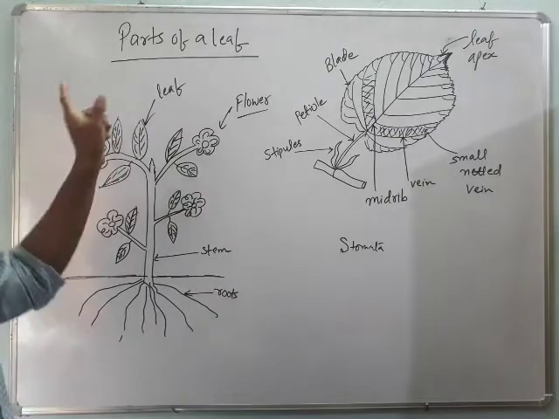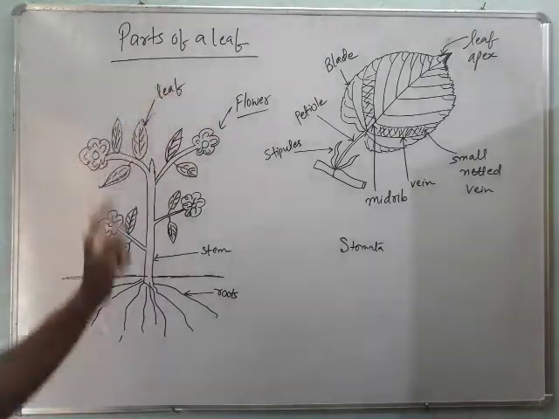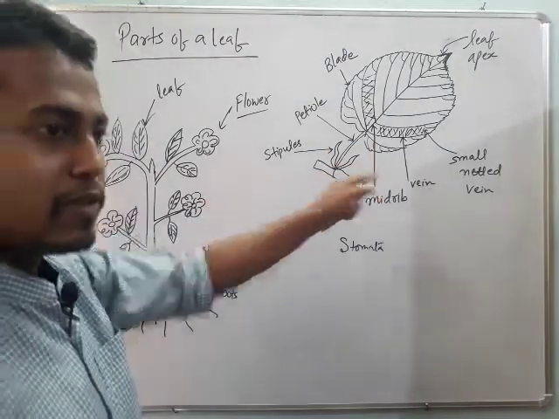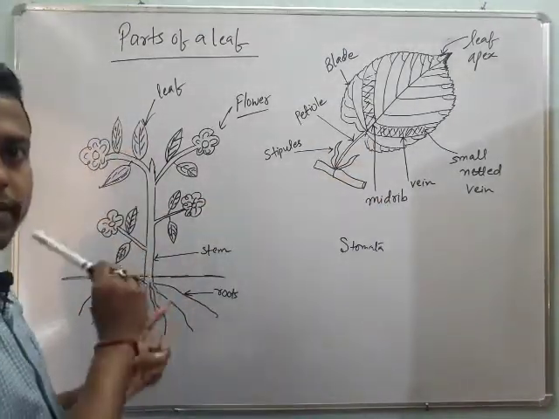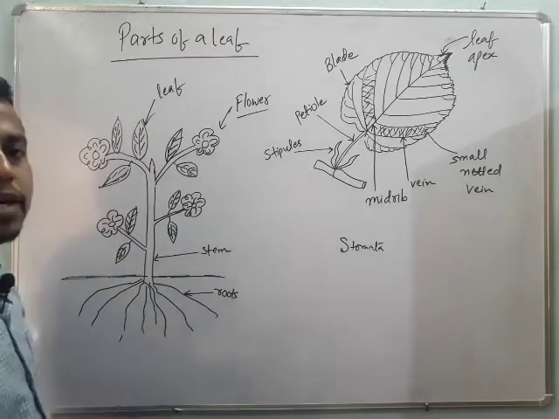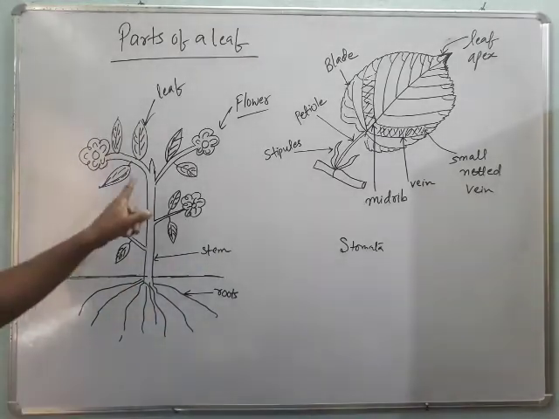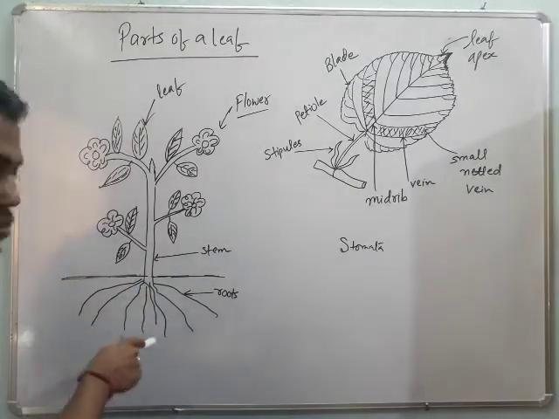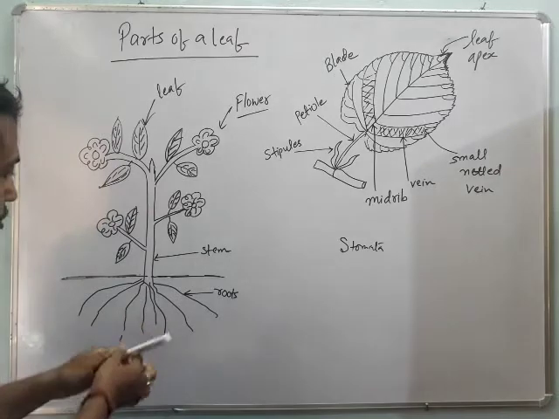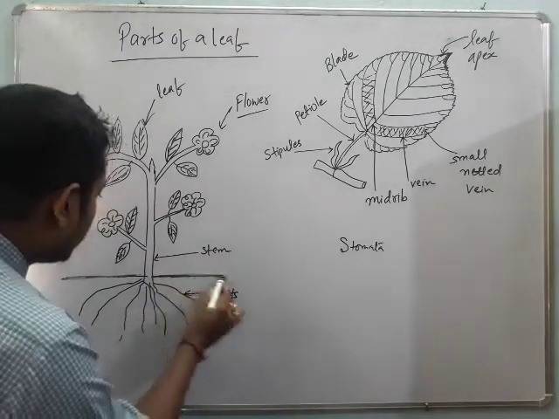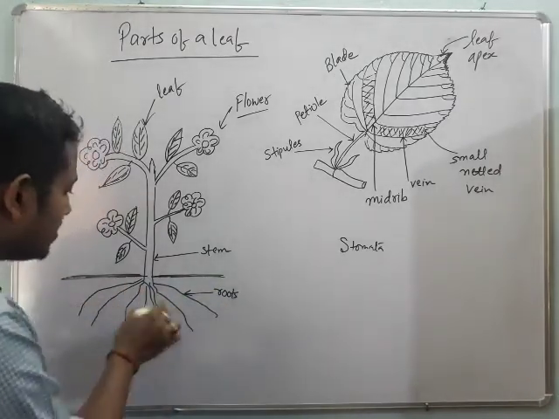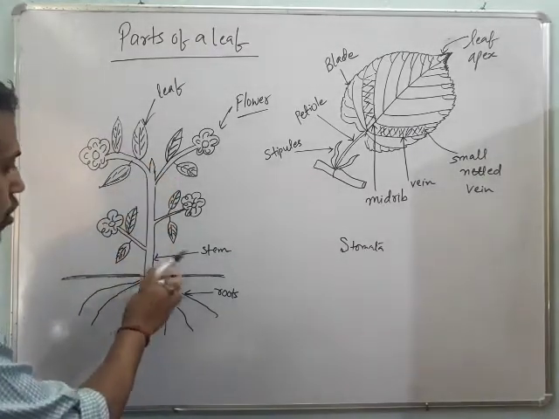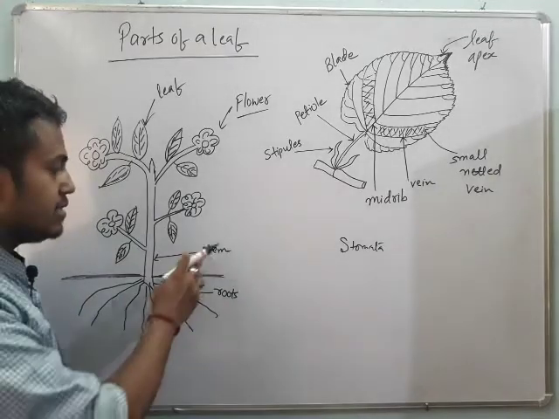So these are the parts of a plant, but here I have drawn two structures. One is the plant, one is the leaf. I will go into a detailed explanation of both diagrams. So this is the plant, clear, and these are the roots, and this part is the ground. And this one is called the stem, STEM, stem.